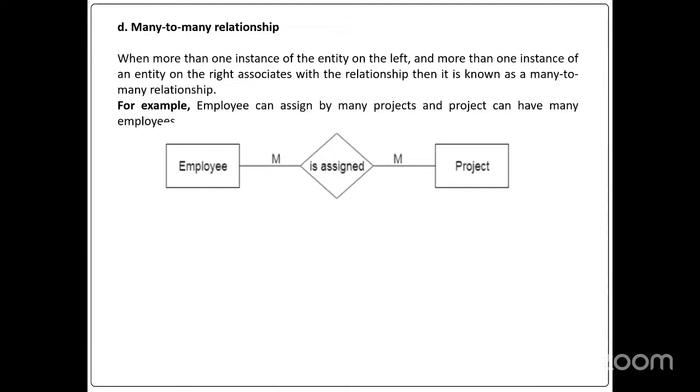What are they? What is the first one? One to one. One to many. Many to one. What is meant by one to one? Only one instance on the left side is associated with only one instance on the right side. What is many to one? More than one instance on the left side is associated with only one instance on the right side. Example,